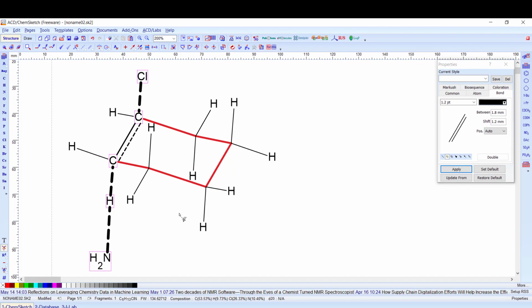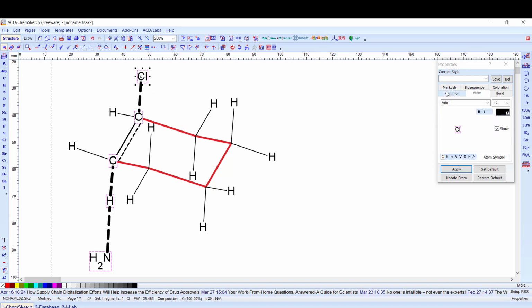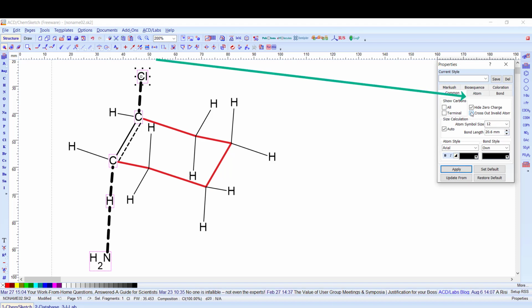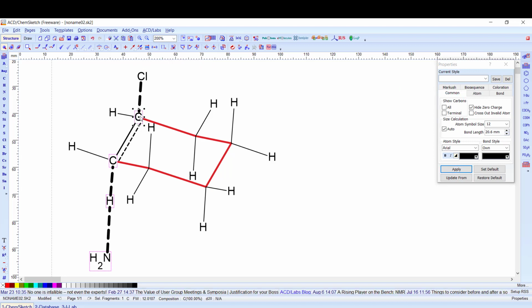Okay, and now it's time to remove the pink boxes. So hit escape, and now I'll go for the chlorine, double click, common, cross out invalid atom, and apply. For the carbon, common, cross out invalid atom, and apply. For this carbon, the hydrogen,